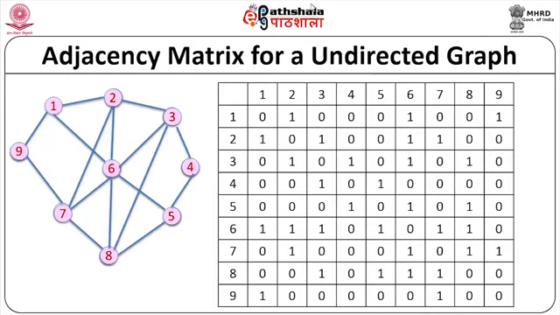So we will go to an example of an undirected graph. If you look at this undirected graph, it is a graph with 9 nodes. So you have 9 by 9, 81, a 9 by 9 matrix, and if you take the first row, node 1 has 3 edges to 2, 6 and 9. So 2, 6 and 9 will have 1 there. Second one, because it is undirected, it has 4 edges, to 1, 3, 6 and 7. So there will be a 1 in 1, 3, 6 and 7 and so on. So this is the adjacency matrix of an undirected graph.